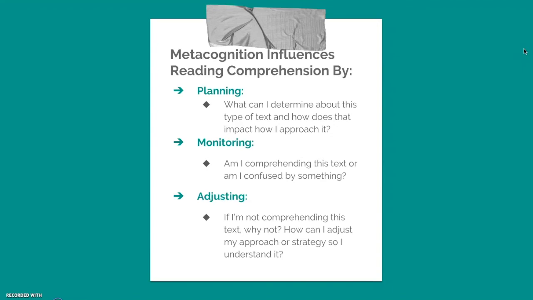Maybe they have several strategies, so they may try to approach the text in a different way. They reflect on whether and how well that new strategy worked. If it worked well, they can keep going. If it also failed, they need to try another strategy. They can do this over and over again until they determine the best way to approach the specific text and finally comprehend it. Similar to the scientific method, they do some research, make a hypothesis, experiment, conclude, and do the whole thing over again. Only during the act of reading, metacognition should happen rather quickly and become automatic.